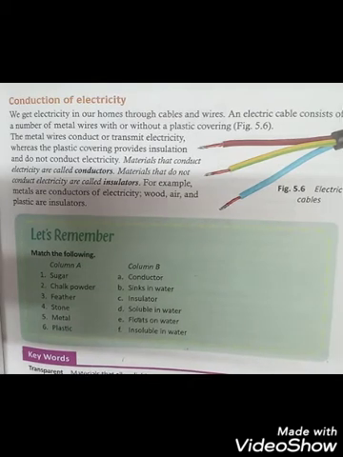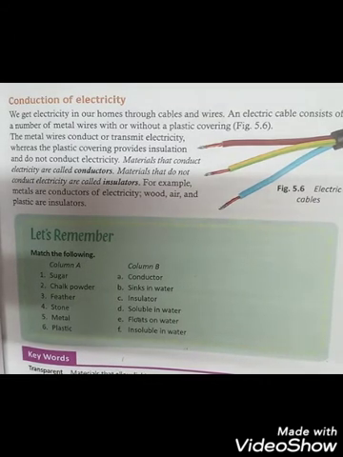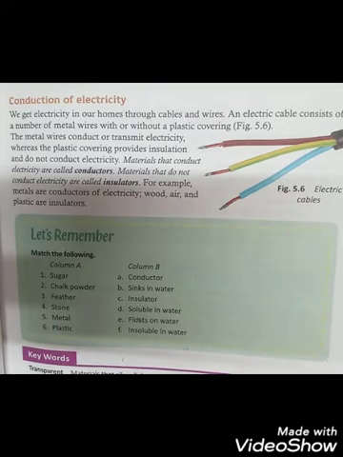These are insulators. So now today we have studied the topic sorting materials into groups, where we have seen so many properties like hardness, softness, luster, like solubility, like conduction of electricity, attraction towards magnet, flotation. All these properties are very important when you sort the materials into groups. We will sort the materials into groups by taking the materials which have similar properties.